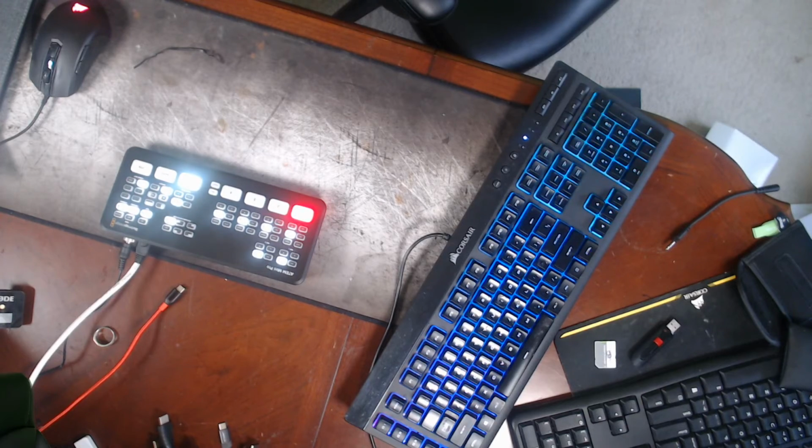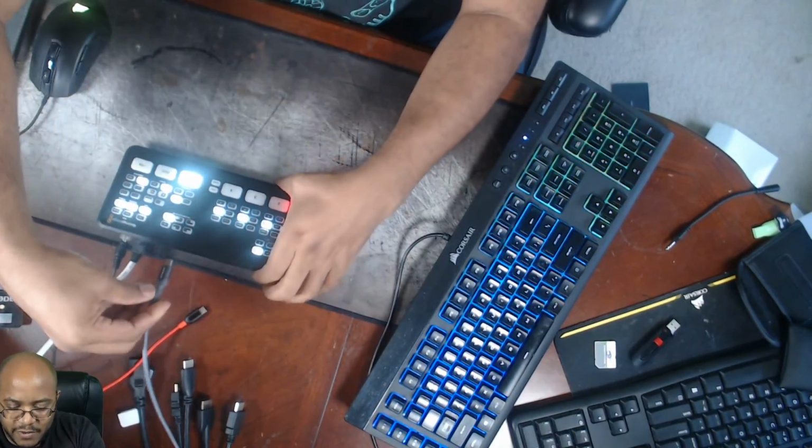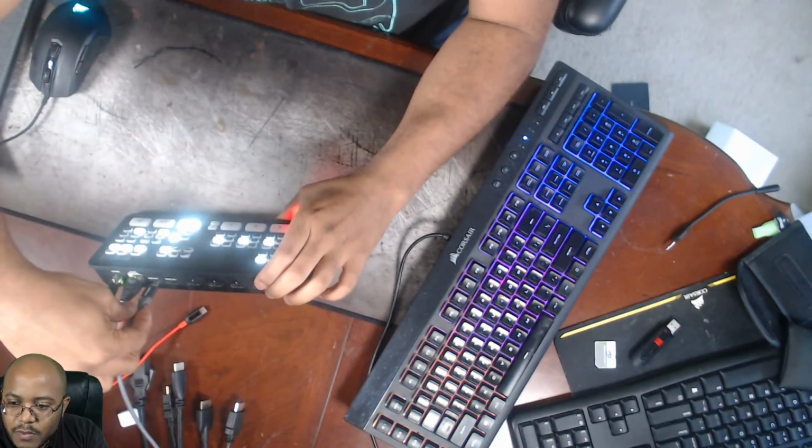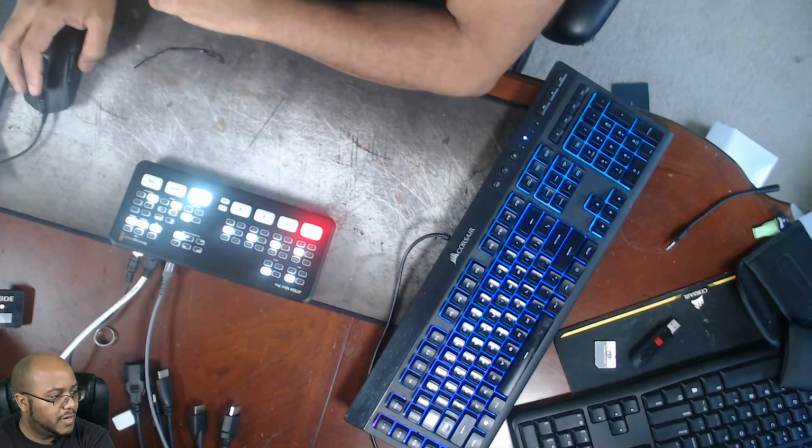And actually, I had another cable already. Or did I? Where do I have that cable hanging at? Oh, it's already up here. Never mind. I already had a cable up here. That's what happens when you actually start to organize your cables. You have more cables in place that you didn't realize. All right, so I already had this USB-C here, which is going to go into this system. All right, so there we go. We're all set up here. Let me get this one out the way. And we're all connected. So now,